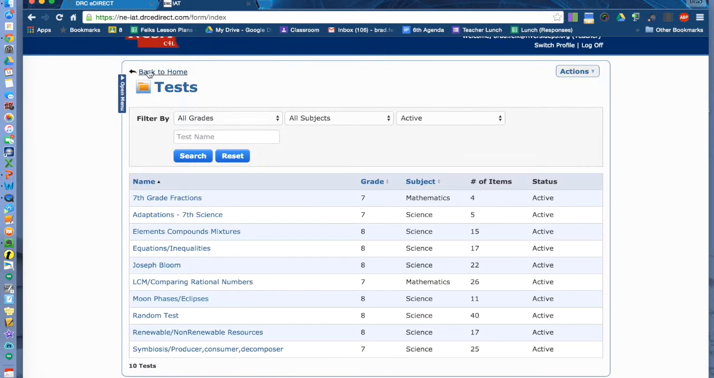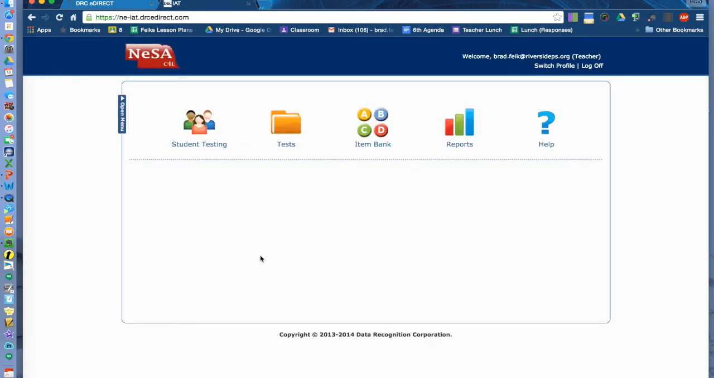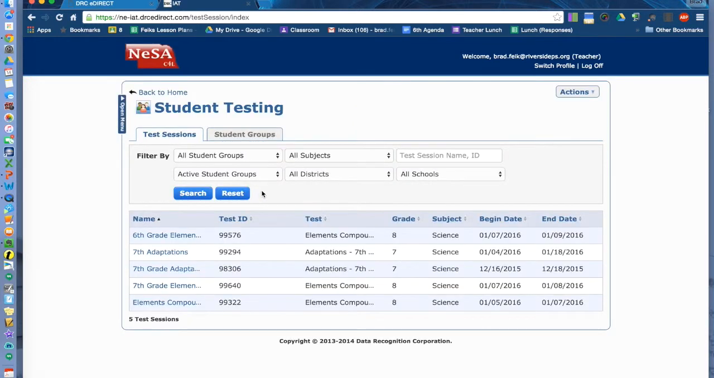So I'll go back to home. Now is where things get just a little bit tricky, but nothing you can't handle. We're going to go back into student testing. Now that we've set up the test, we're going to assign that test. So we're going to go back into student testing,